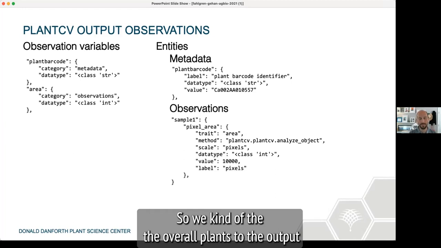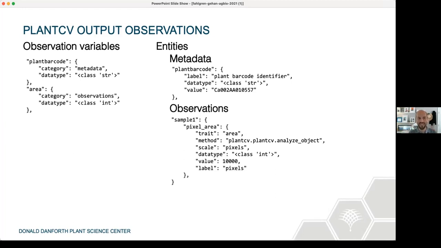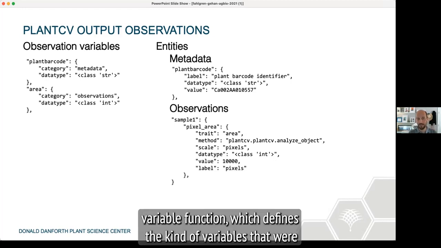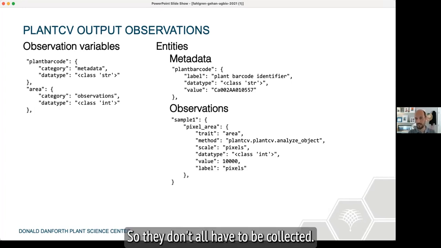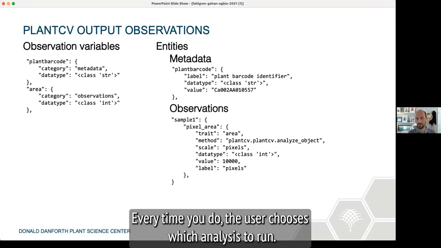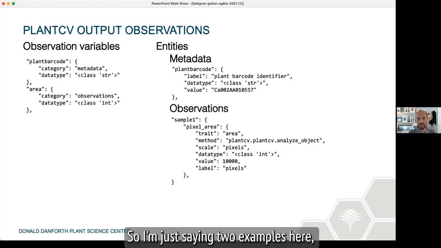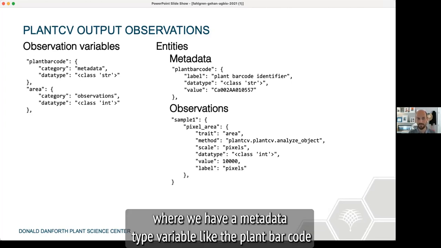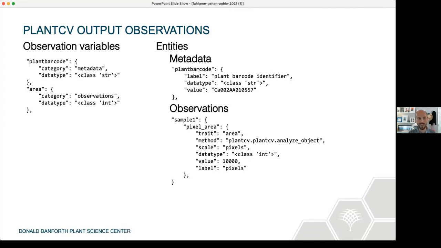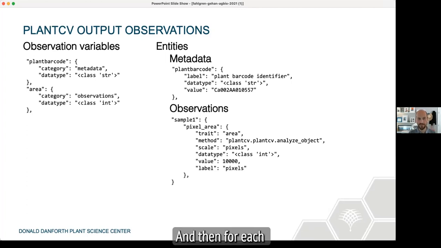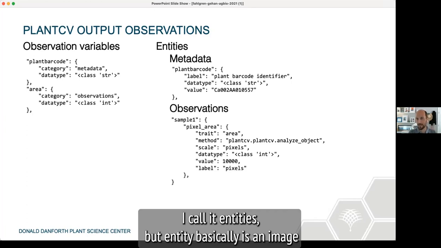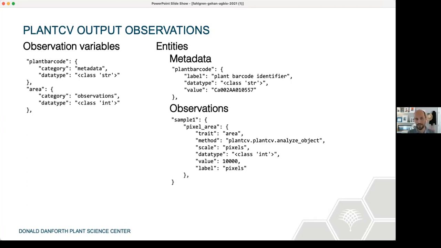The overall PlantCV output has an observation variables section, which defines the kind of variables that were collected in an analysis. They don't all have to be collected every time. The user chooses which analyses to run. I'm just showing two examples here, where we have a metadata type variable like the plant barcode, and a measurement type, which is the area in this case. And then for each entity, which is basically an image,